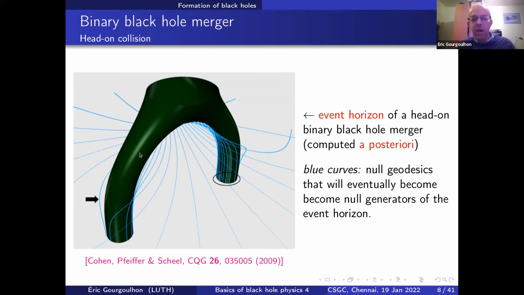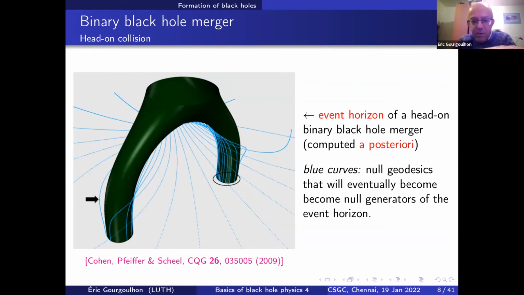This is the event horizon, which is an a posteriori reconstruction from the numerical relativity data, because as we have seen on Monday when we gave the definition of a black hole, to know the location of the event horizon, you have to consider Scri+, so future null infinity, because you have to know which geodesics will reach Scri+ and which will not. You have to make the distinction between the two, and the boundary between these two kinds of geodesics forms the so-called black hole event horizon.